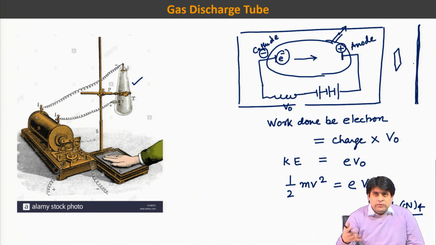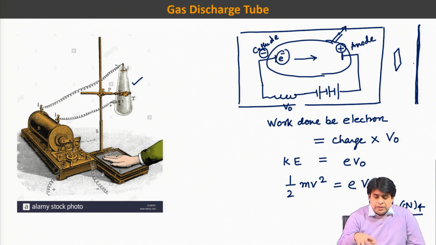Then the third thing he did, he placed his hand. When he placed his hand, he could see some kind of shadow of his bone, but the soft tissues he could not see in this image. So, he realized that this radiation can easily penetrate the soft tissue of his hand, but not the denser bones. So, from that he realized that this radiation is something new, and at that time many people were